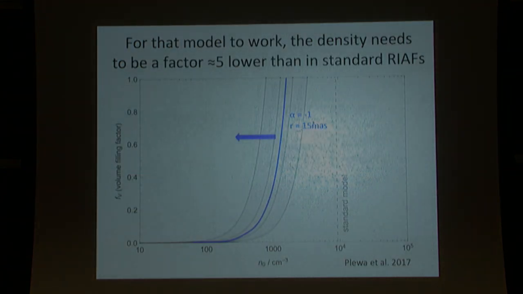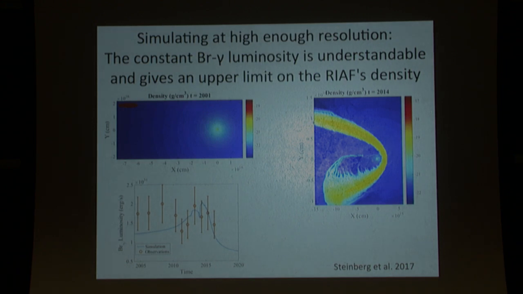And you can see here in this particular plot that the density is on the order of 1,000 particles per cubic centimeter, which is lower than what a standard drive model would have given us. So far so good. There's more one can say, and this is work from Elad Steinberg, who is supervised